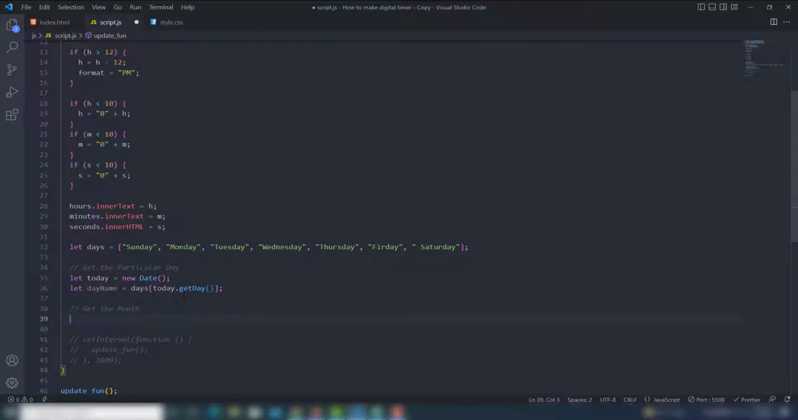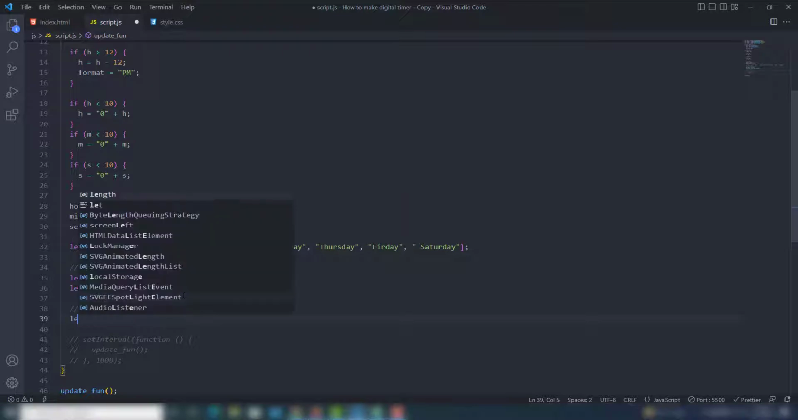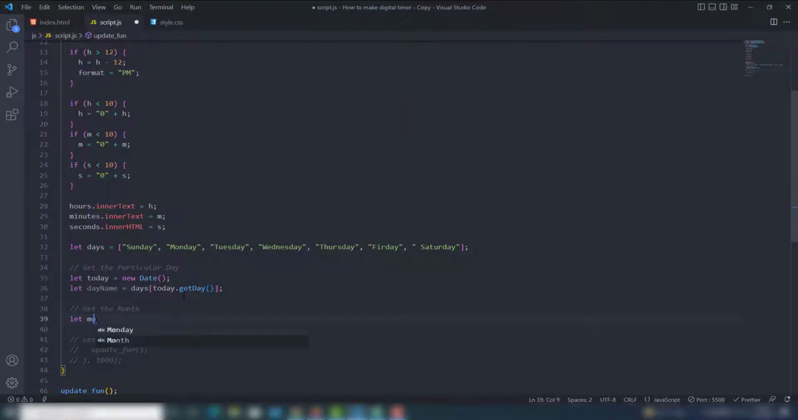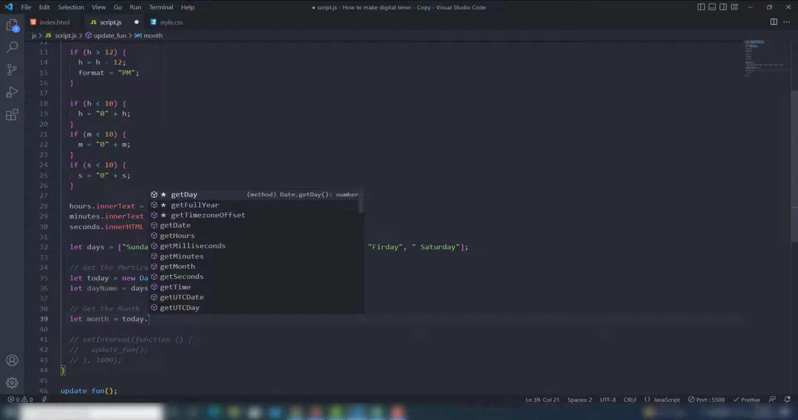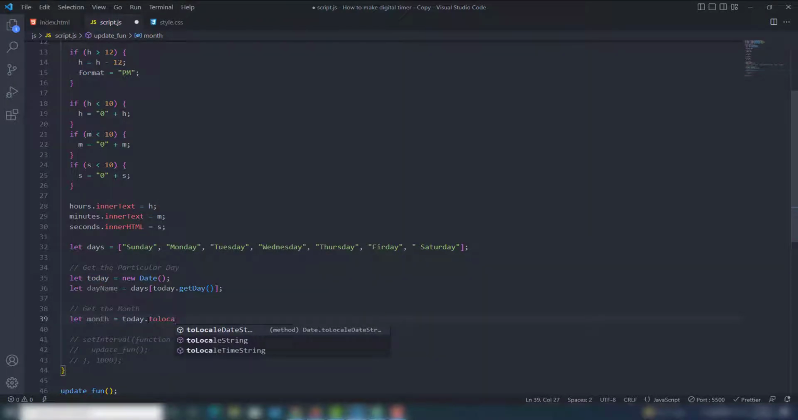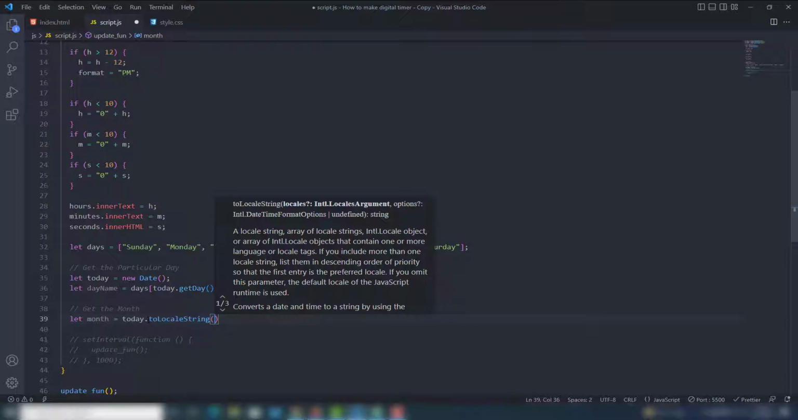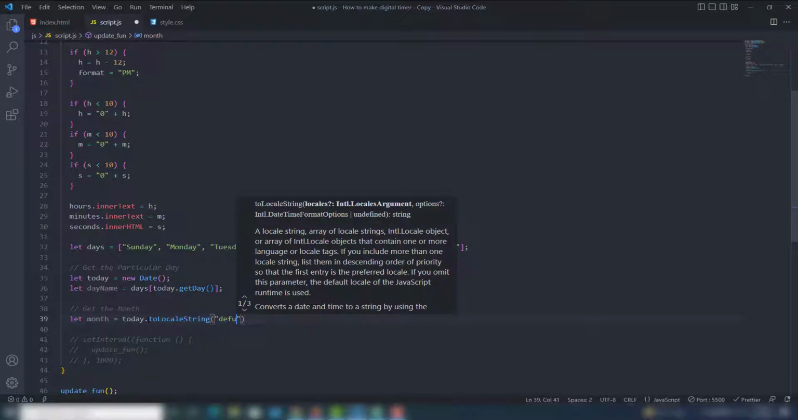Then I'm going to target the day, then I'm going to call month, get the month. So I need to target the let month. This time I'm going to use another way. I target the today variable, and inside there I'm going to call toLocaleString. This is a function that will help us get the particular month from your computer. So use parentheses, call default,